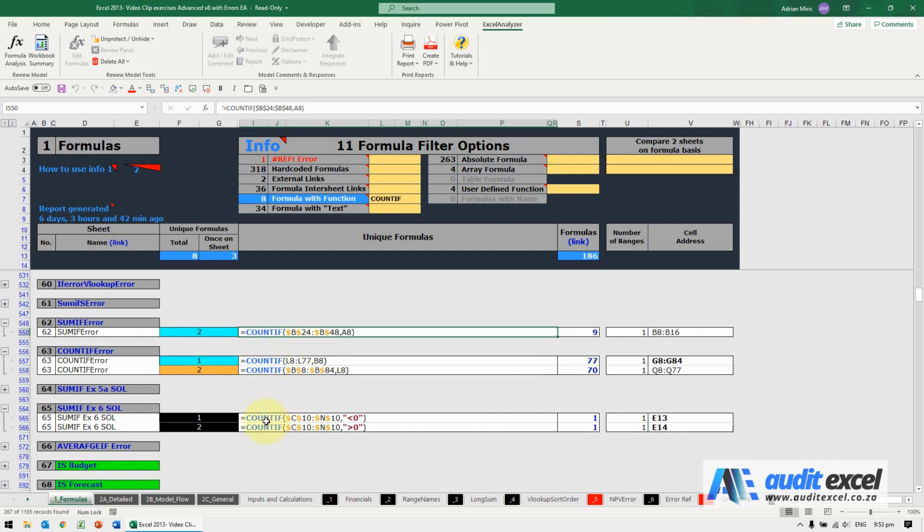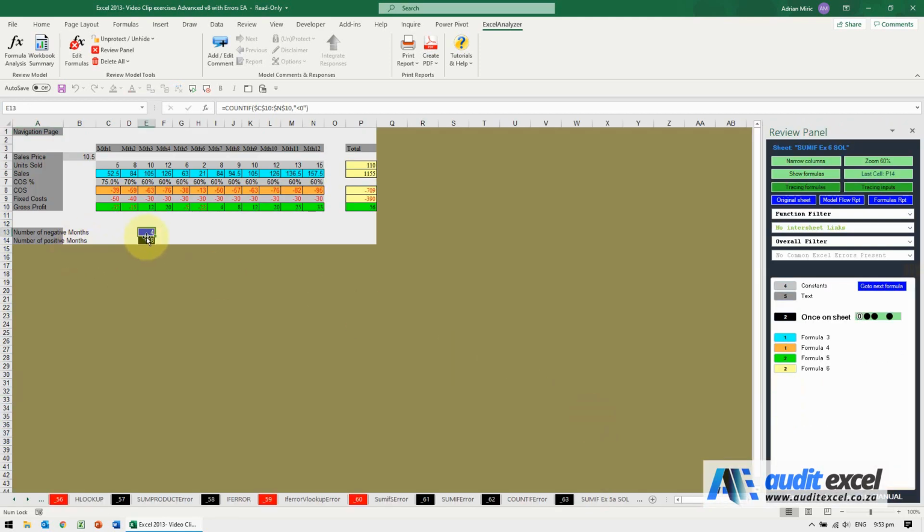Notice one of the COUNTIF has as its criteria not a reference to a cell or a number, but it actually has a logical test. So what this is saying is COUNTIF, and because of the inverted commas, is less than 0. So when I click and go look at it, you'll see that looks fine.